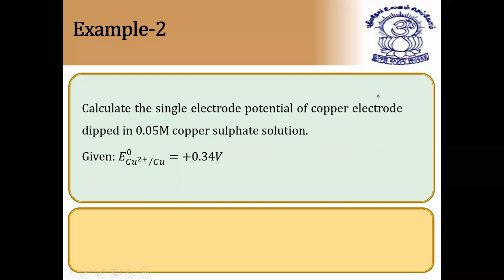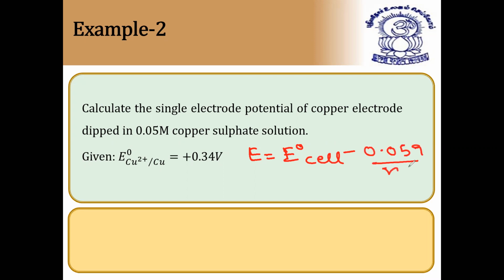Next, example 2. Calculate the single electrode potential of a copper electrode. Here the copper electrode is dipped in 0.05 molarity copper sulfate solution. So you can write E is equal to E degree of cell, that is the copper electrode, minus 0.059 by n into log of. Writing it again here, since space is not there: EMF of the cell is equal to E degree of cell, that is copper cell,